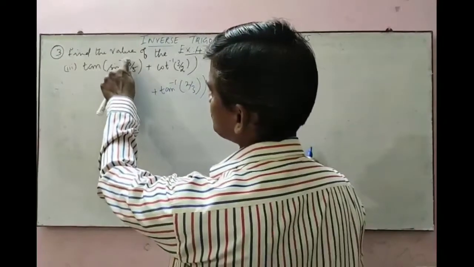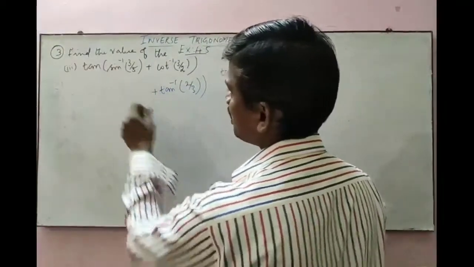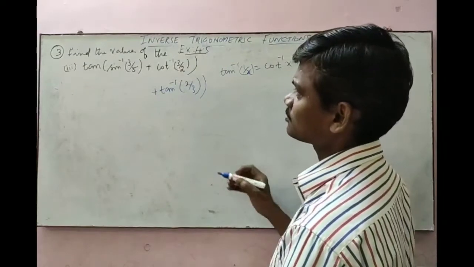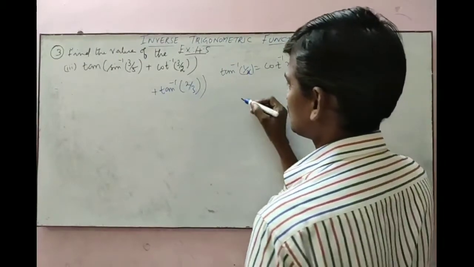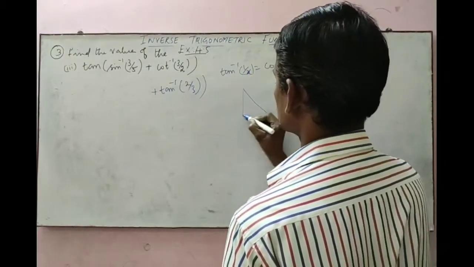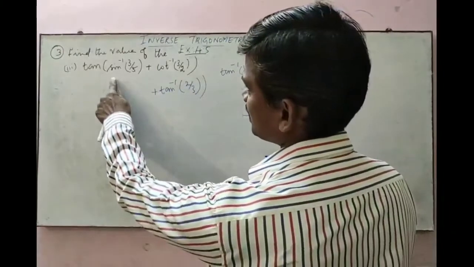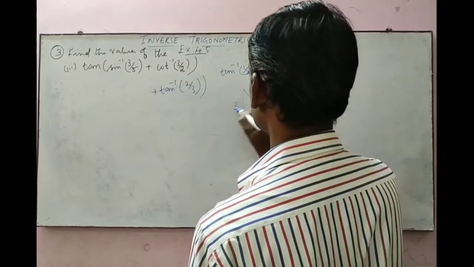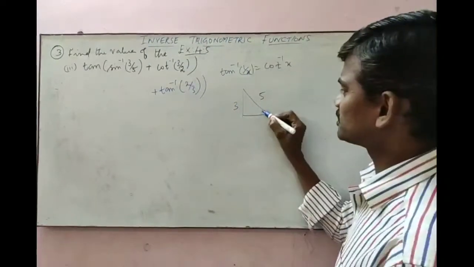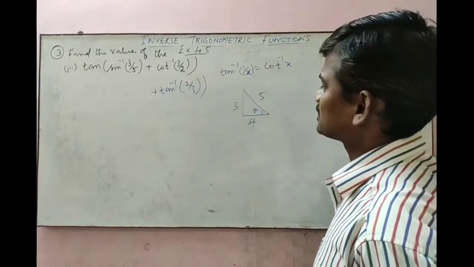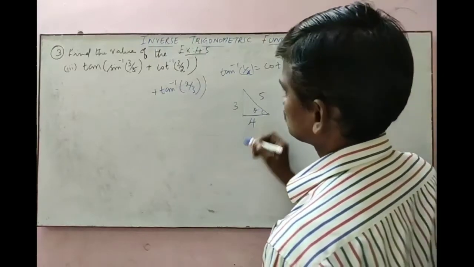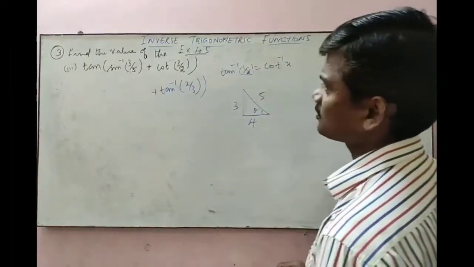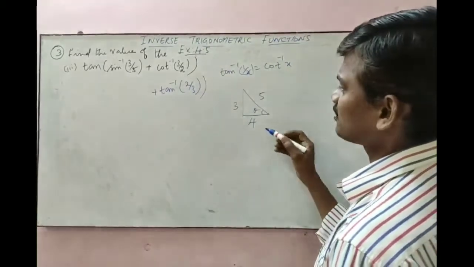Here sin inverse of 3 by 5. How will you convert this sin in terms of tan? Using the reference triangle. So what does the triangle show here? Sin theta, here the theta is opposite over hypotenuse. So what will be this adjacent side? The adjacent side is 4. So you can convert this sin inverse in terms of tan. What is the formula for tan?